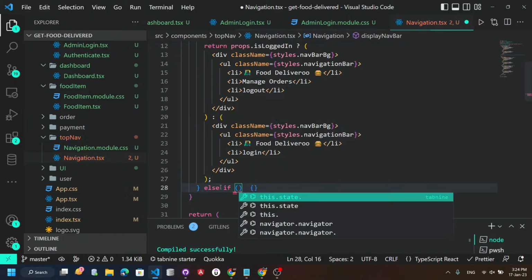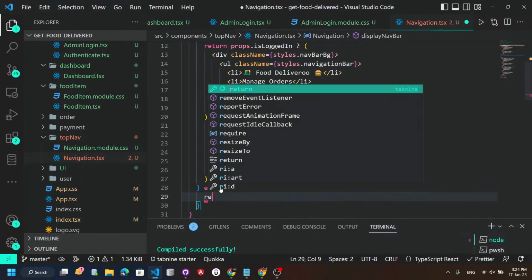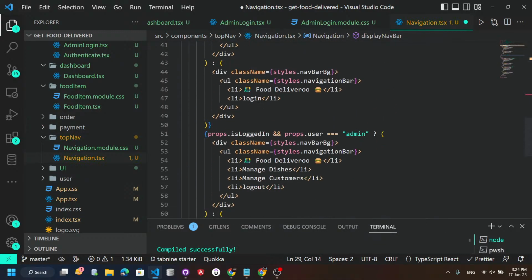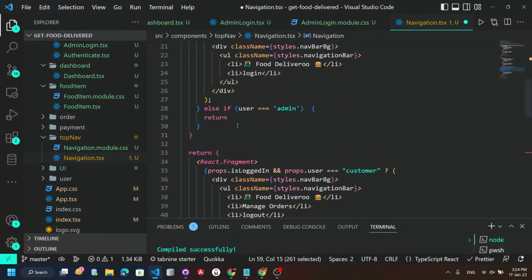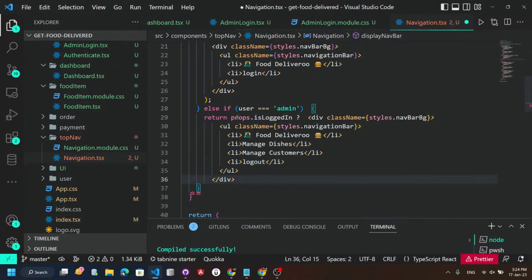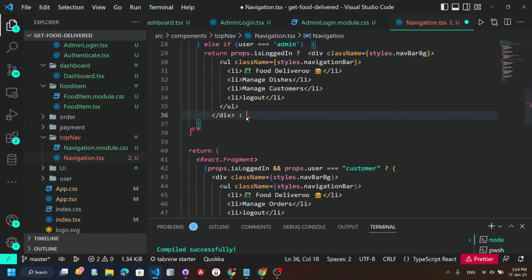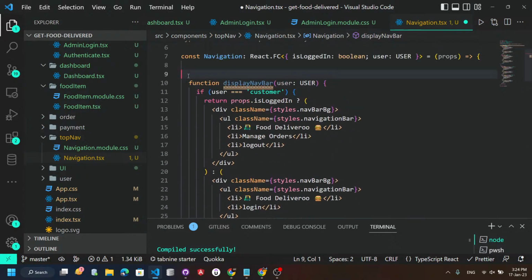एल्स इफ अगर मेरा यूजर इज इक्वल टू एडमिन है, मैं रिटर्न करना चाहूँगा क्या? तो मैं रिटर्न करना चाहूँगा ये वाला सेक्शन। अगर props.isLoggedIn है तो मैं ये सेक्शन रिटर्न करूँगा, अदरवाइज मैं ये सेक्शन रिटर्न करूँगा, दिस वन, ओके। ये चीज़ मैंने यहाँ पे करी।